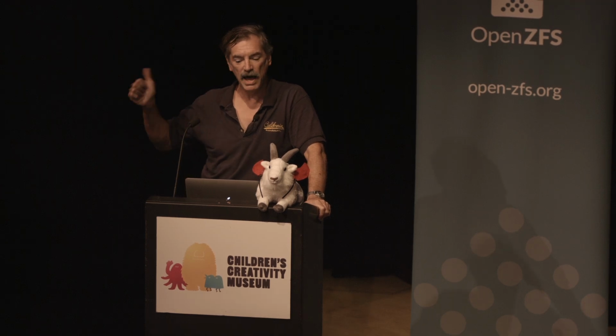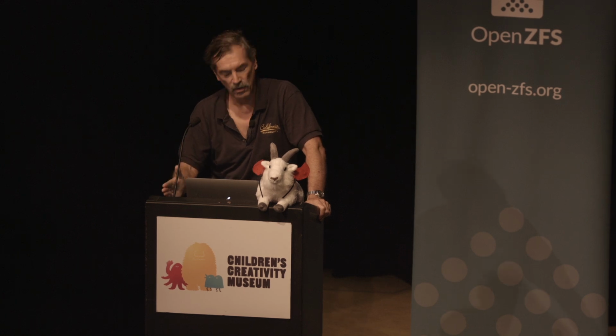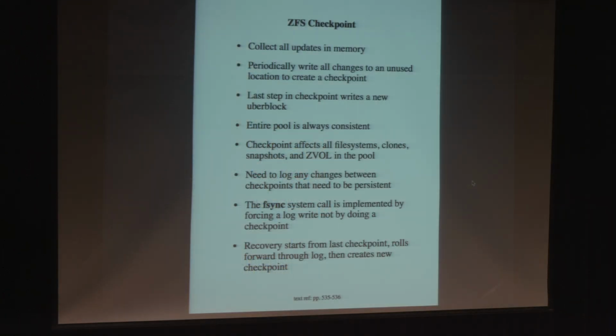And the fly in the ointment is fsync, because that's the system call that says, when I return from this system call, I expect the data to be on the disk. And that's critical for things like databases, or even for your editor when you write the thing out. It doesn't actually partially overwrite your old file and then you come back and it's half written. It writes it to a new location. It does an fsync to make sure it's really there, and then it does an atomic rename to move it on top. So you either have the old copy that you were editing or the new copy, but you never get something that's like a mishmash halfway in between.